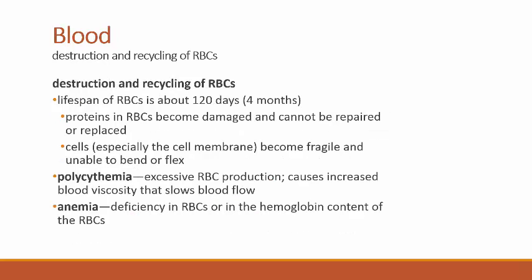Last thing to talk about then is how do we get rid of red blood cells? Sorry about that, that should not be on this slide. So at the end of their lifespan, as the red blood cells become damaged and because they can't be repaired, then the cell, especially the cell membrane, becomes very fragile and unable to bend or to flex,